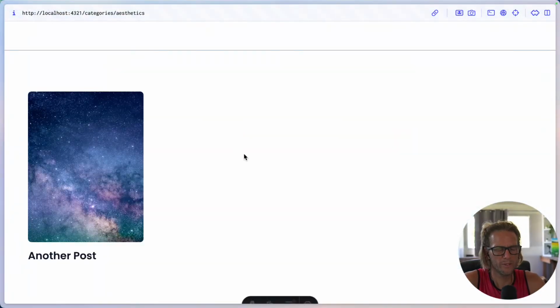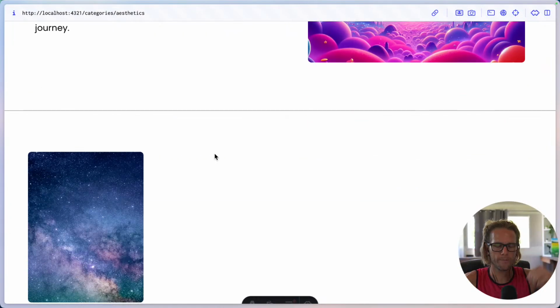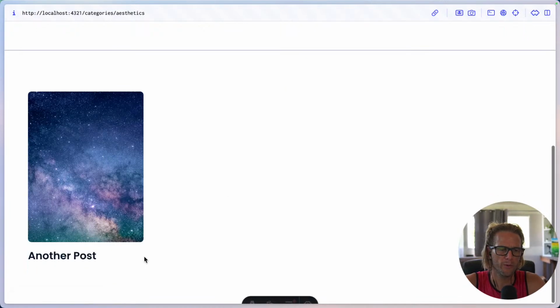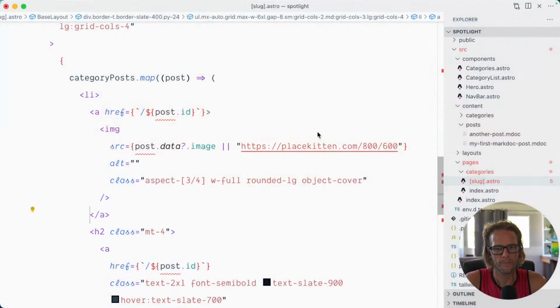There's a lot of squigglies which annoys me, but you know what? It should be a component that has the little hover scale thing we've done. That should be a component that we reuse. But for now, I wanted this thing to go to the post page that doesn't exist yet. And I wanted to create a placeholder page for